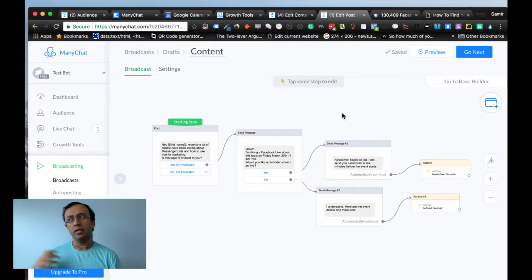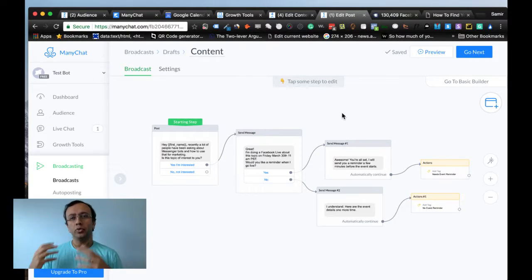Another way, and it's better most of the time, although it really depends. In some situations, you just want to send a broadcast a few minutes before the event. In other situations, you want to send a broadcast one day prior to the event.